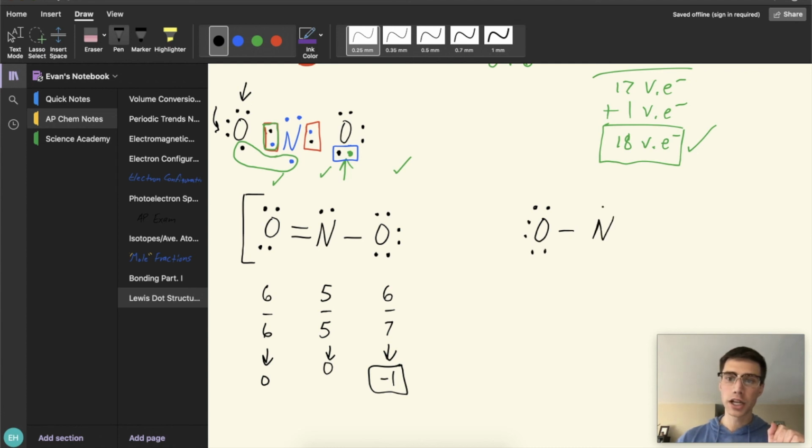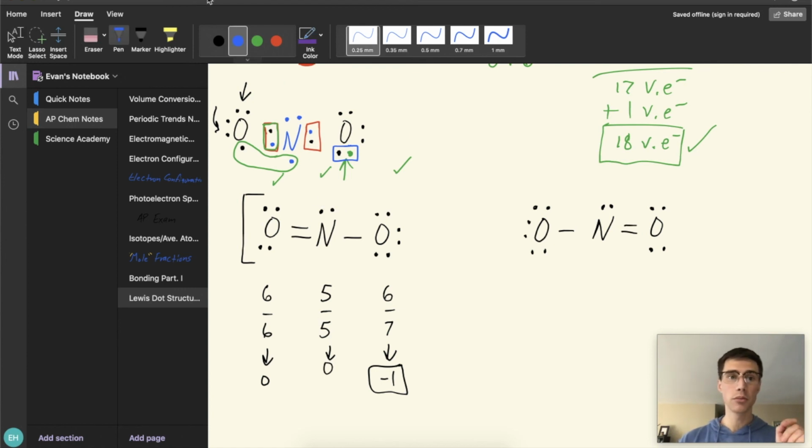Here's our nitrogen again. And instead, I'm going to flip these opposite. So now I have 2 bonds between the nitrogen and the oxygen on the right, and now the oxygen on the right is going to have 2 lone pairs. Okay, so you guys can see that I kind of just flip-flopped this oxygen with this oxygen. Now, these are not the same molecule, right? They're representing the same